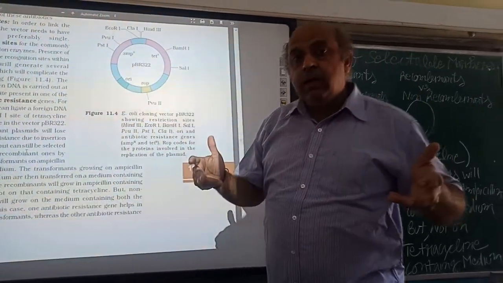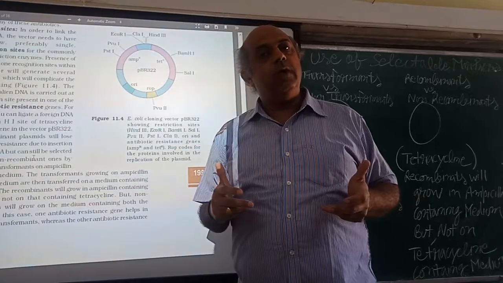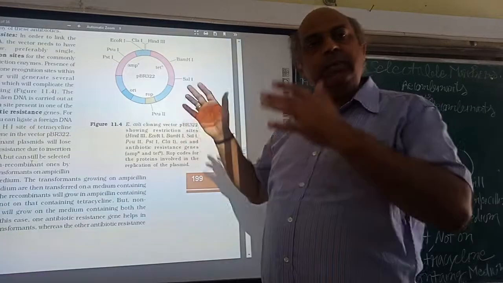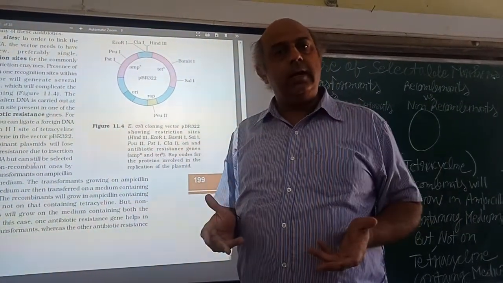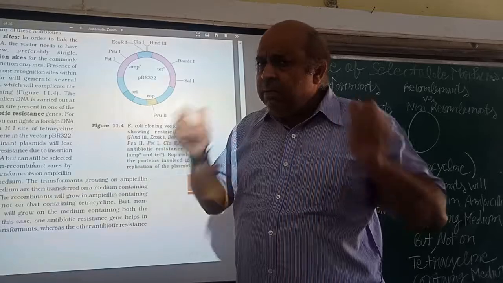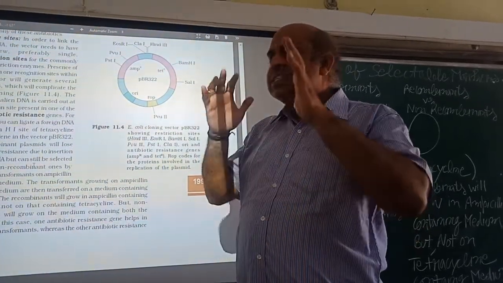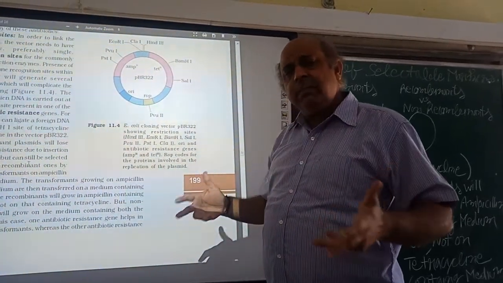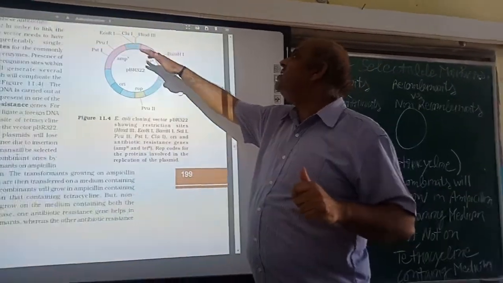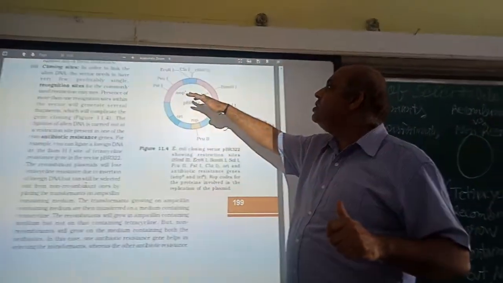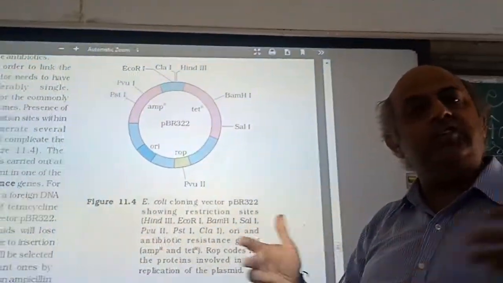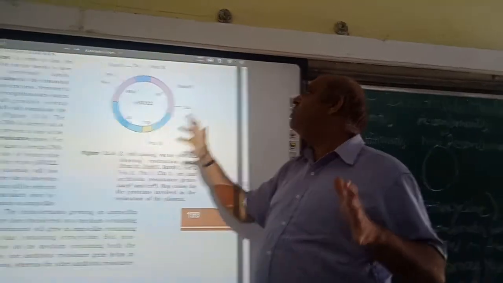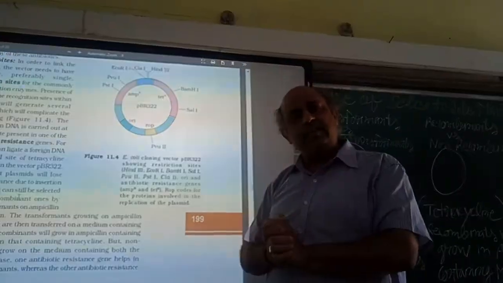After cutting the plasmid at the tetracycline resistance gene, the plasmid will open up like this. The next step will be forming the recombinant DNA. For this, we will place a desired DNA segment in the plasmid to form a recombinant DNA. When the recombinant DNA is formed, we will see that the foreign DNA, the desired DNA segment, has been placed at the site which was providing the bacteria resistance against tetracycline, because the cutting site of BamHI is present in the tetracycline resistance gene.